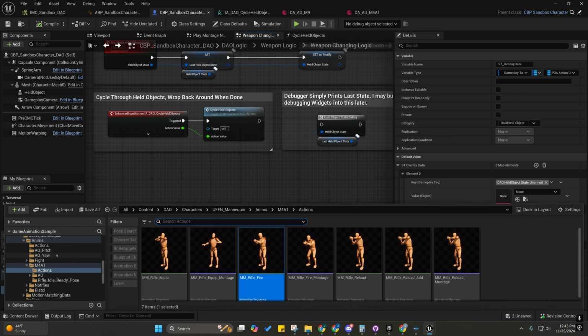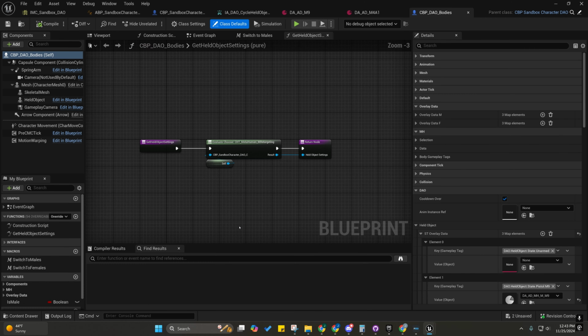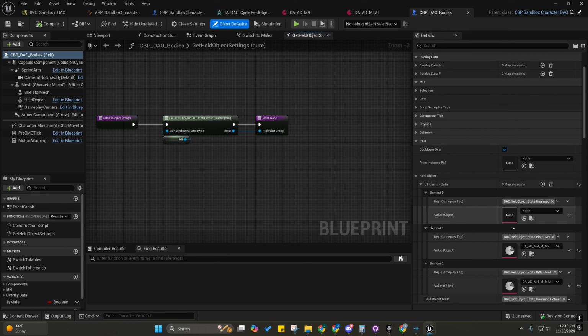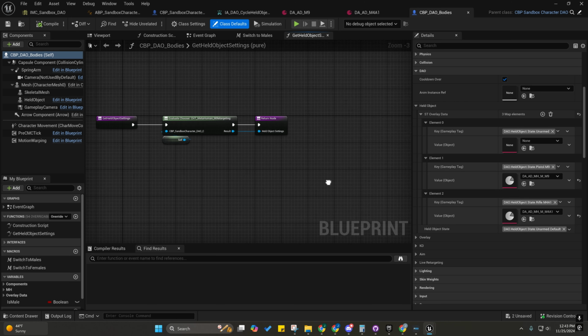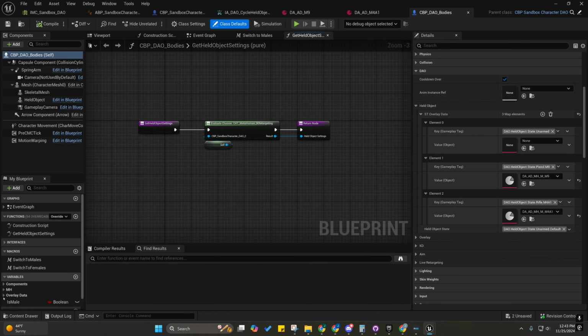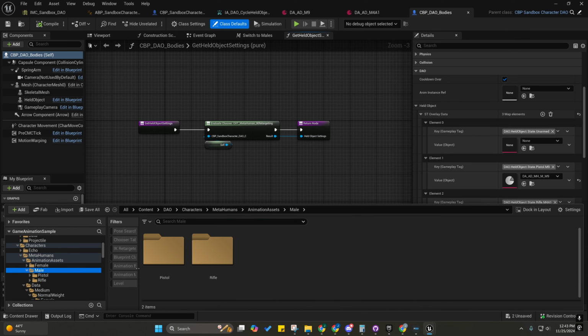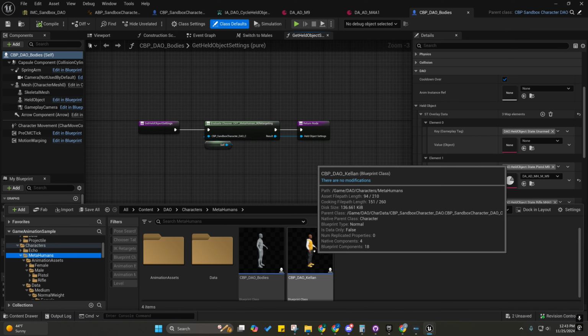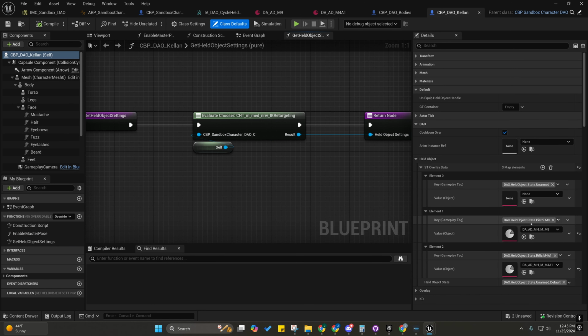thing. And so if I just come over here into, say, the metahumans, I'll open up the bodies and show these to you as an example. So I made the same changes on that. Now on the Killin, I actually didn't add this to it, but I actually fixed this as well. On Killin, his pistol was set to the correct action data, but his rifle was not set to the correct